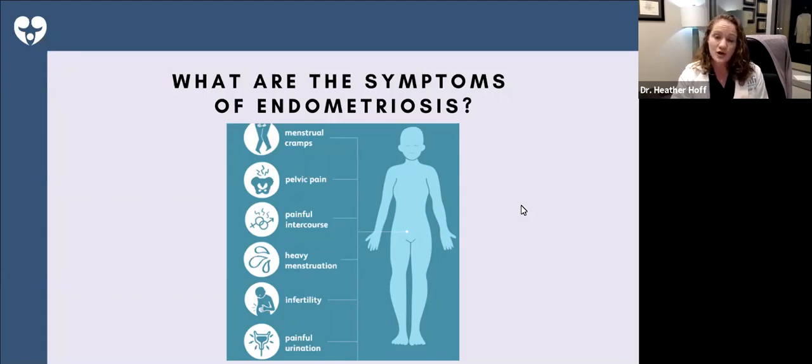It is important to note that the symptoms of endometriosis and the degree or number of implants don't correlate that well. A woman might have severe symptoms but actually have pretty mild or moderate endometriosis. And a woman who has very severe endometriosis, which may be discovered for other reasons, may not have many symptoms at all. So it's important to remember this as we talk about the evaluation and treatment.